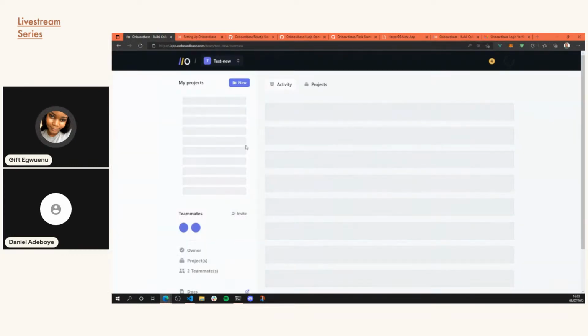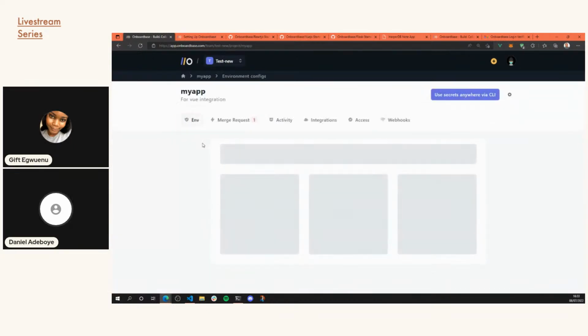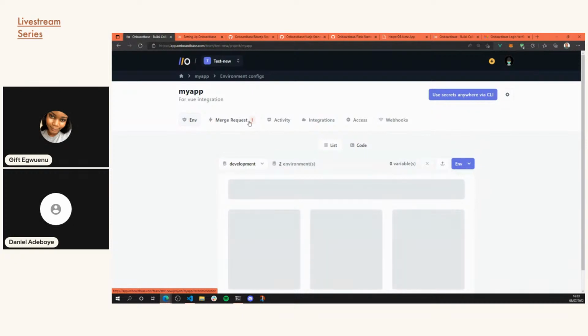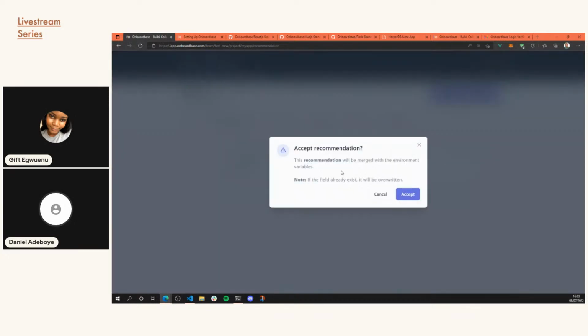So only the admin can actually add or delete keys directly, but if somebody else on the team wants to add, they have to make these merge requests, right? Yeah. You can see this one here. This actually shows that a team member has made a request. So you can see I can actually accept here because I didn't add the reason, it left it blank. So I can just accept it